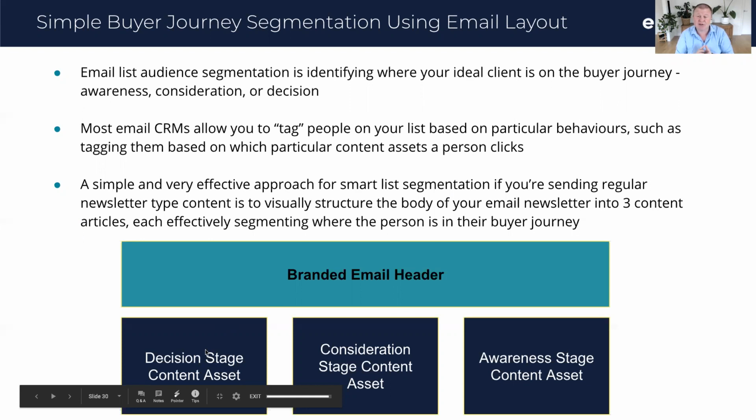decision stage content, right? Content for someone that's probably in the market. The thing in the middle should be consideration stage content, something for someone that's looking at buying, but they haven't chosen between your solution and others. And then awareness stage content, some industry news. And I put that over on the right because people read from left to right, and you want your decision stage content first. If you're structuring your emails like this, decision, consideration, awareness in your newsletter, and you're turning